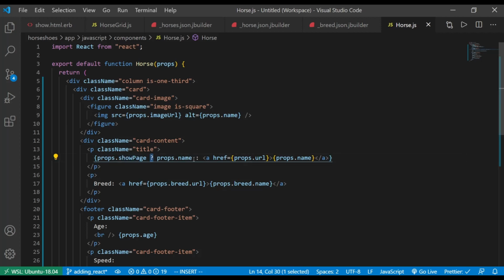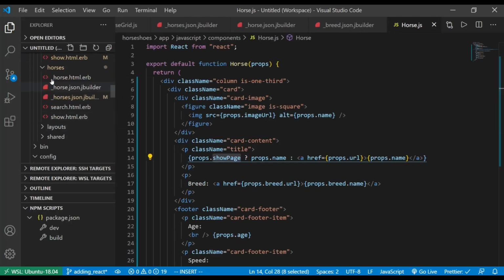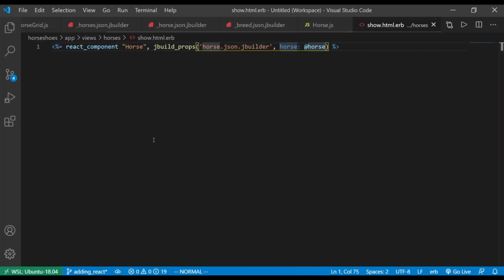And if it's on the show page, just show the props.name. Otherwise, show the link. So the capability is already built in. I pre-built that into my component, but I need to get a new prop in there, something called showPage. And so that's over on the horse show.html.erb,